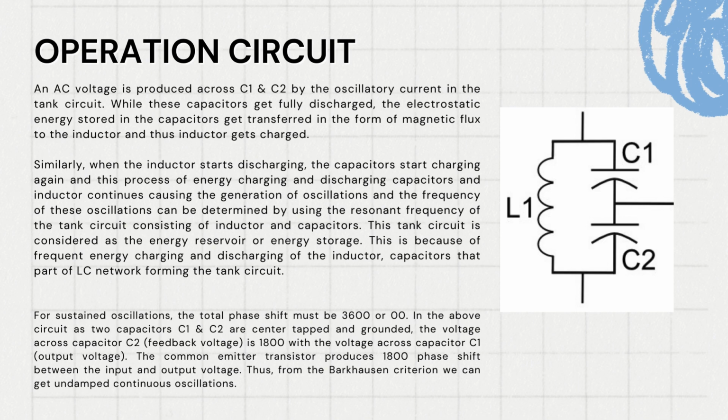So, for now, I will explain about operation of the circuit. Firstly, to run the circuit, it must be connected with AC power supply as the voltage source. And then, the oscillatory current in the tank circuit will produce AC voltage across capacitor 1 and capacitor 2. After the capacitor gets fully discharged,